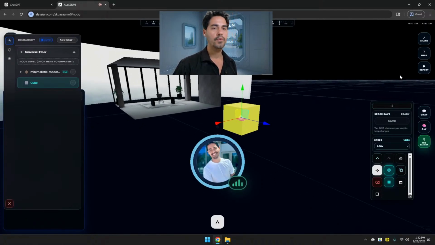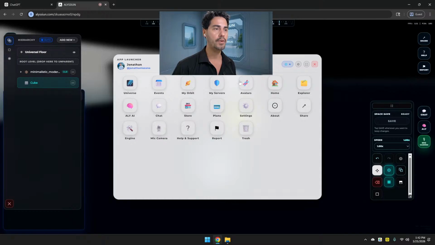Now let's move forward, we're going to continue here. So we have here more like an operating system, a similar idea. As I said again, it's not yet, it's going to be in the future, because it needs to be bootable. You need to install it on your computer if you want to run the entire operating system. But for now, it's just the starting point. This is the first version of ALYSSIUN, and hopefully you like it a lot.